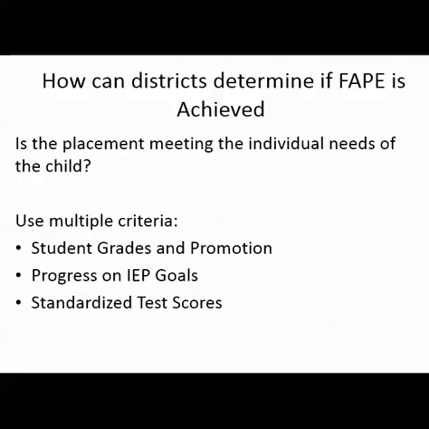The focal point of educational progress is embedded in the goals that you write in your IEP. If appropriate, the objectives of the child's IEP. The IDEA requires special ed teachers to track and measure student progress on annual goals and short-term objectives. Making progress or mastering measurable, appropriate goals that are linked to the present level of performance is a common indicator of an appropriate education. But if a student fails to make progress on his or her IEP goals, it does not automatically mean the education program is inappropriate.